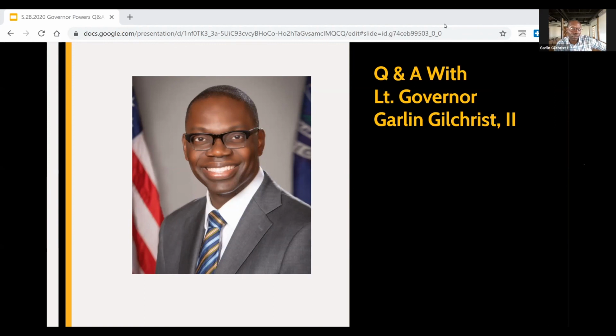So the lieutenant governor is, how Misha was comparing the governor to the president of the United States as the chief executive for the state, the lieutenant governor is parallel to the vice president. So I work side by side with the governor in processes of decision making and then lawmaking and law execution, all these sorts of